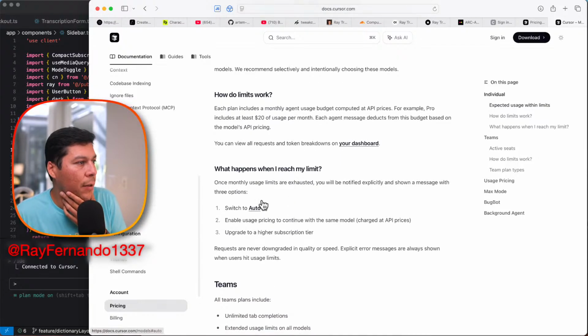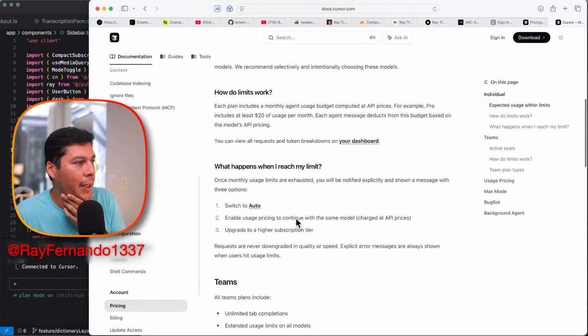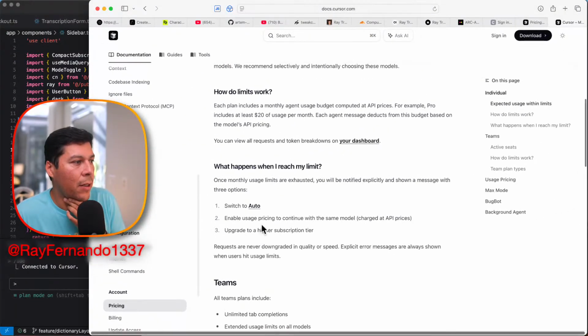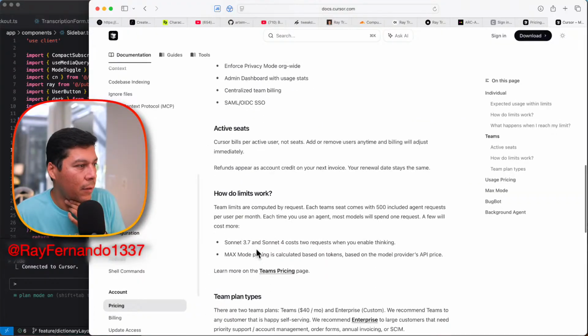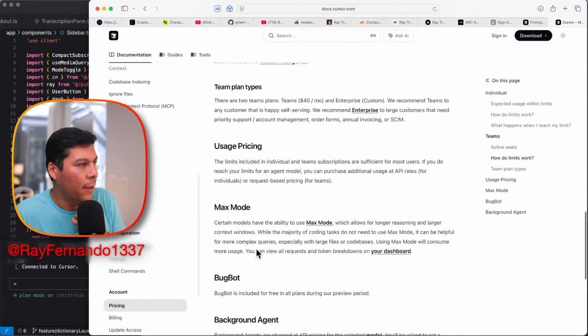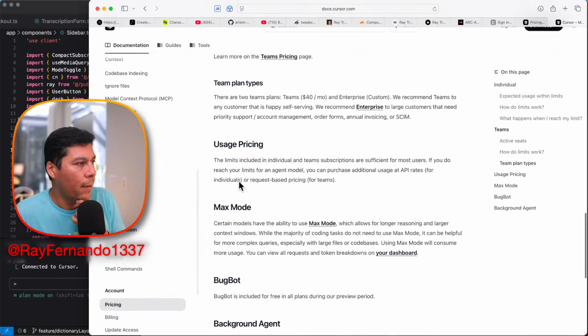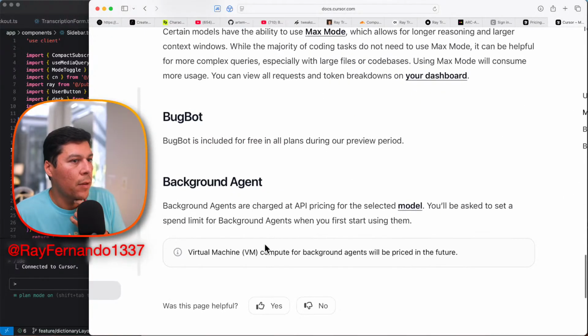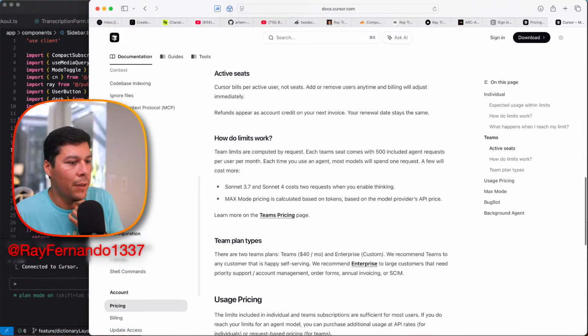You can switch to Auto when you reach your limits and then engage in usage-based pricing to continue with the same model at API charges, or upgrade to a higher tier. Okay, virtual machine compute for background agents will be priced in the future. Oh, interesting. Okay, yeah, that's what's up.